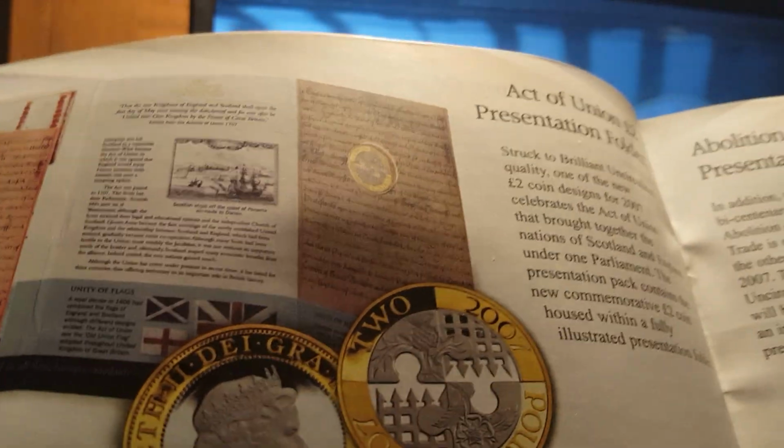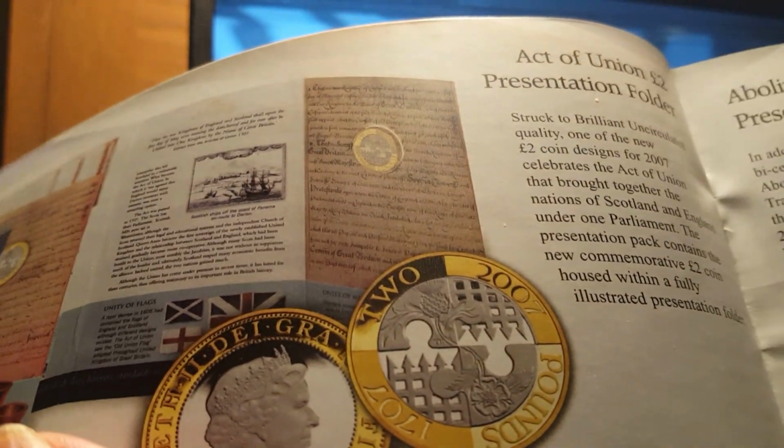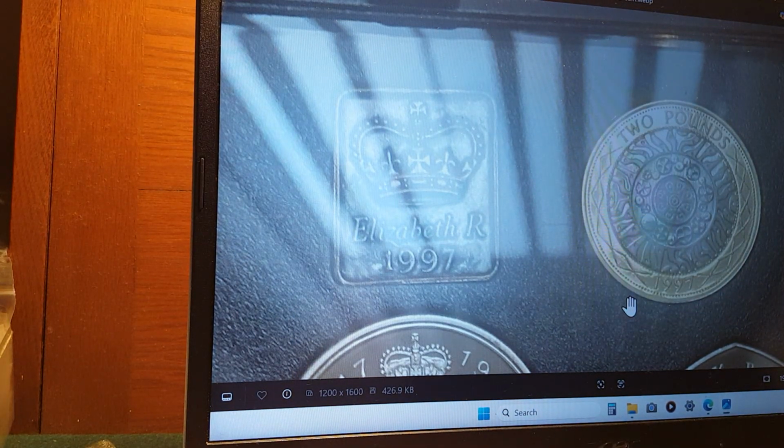And then they're selling coins in singles, in folders, singles. The Act of the Union, it tells you all about it. It's exactly the same as stamps. They moved away with stamps. The Royal Mail were producing sets of stamps which were...